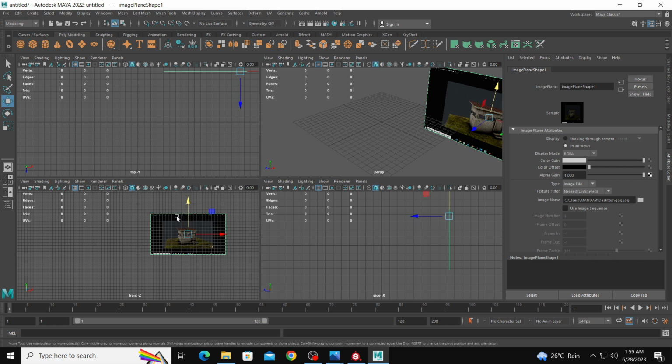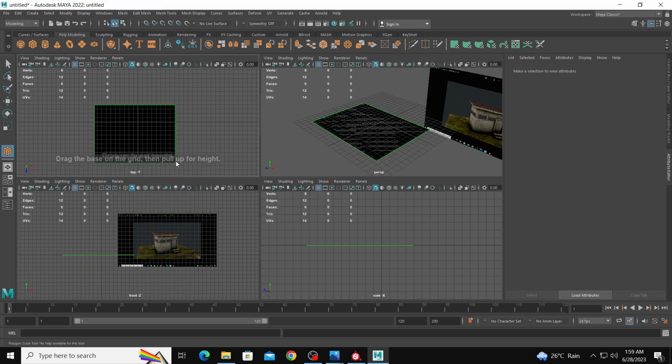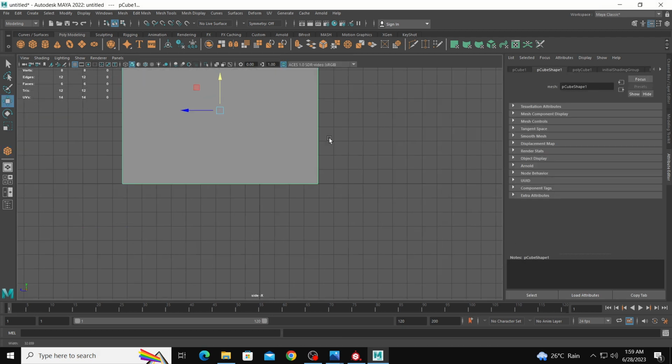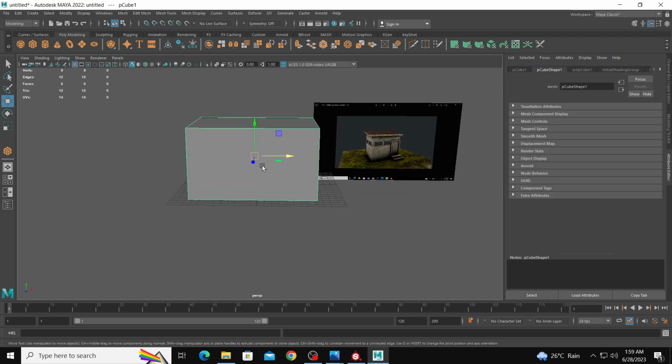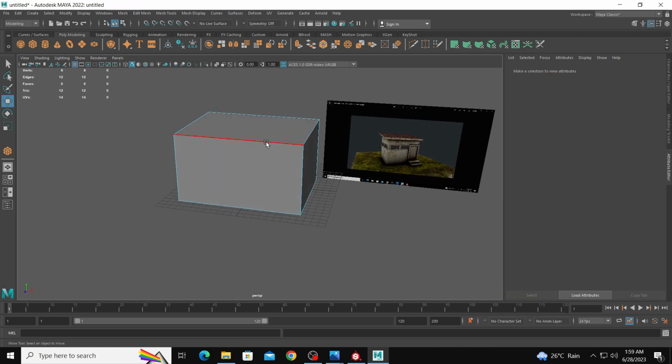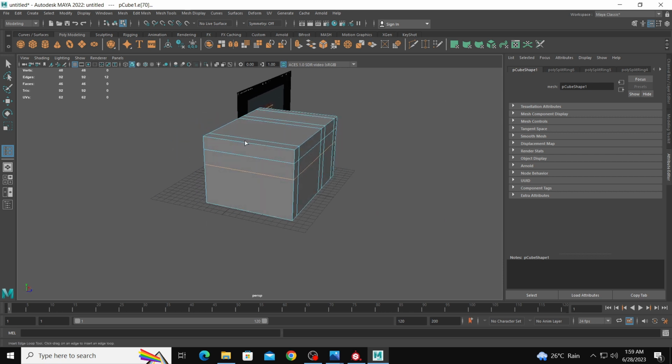Okay, so let's start. So first I am going to create one box in top view, and then I am going to insert some edges. Click on this edge, insert edge loop tool, add one edge here, add one edge here, add one edge here, add one edge here, here, add one edge here, also add one edge here, and add one edge here,